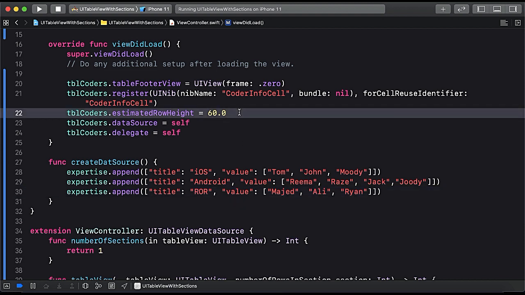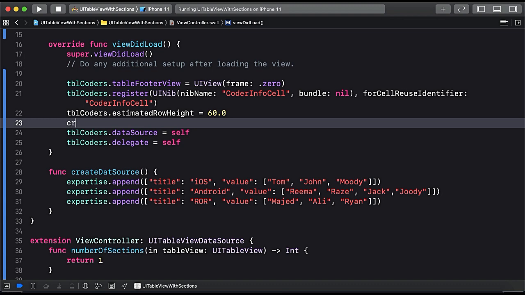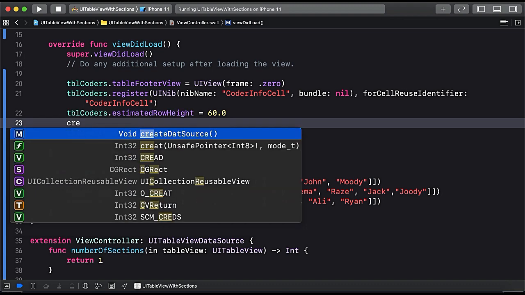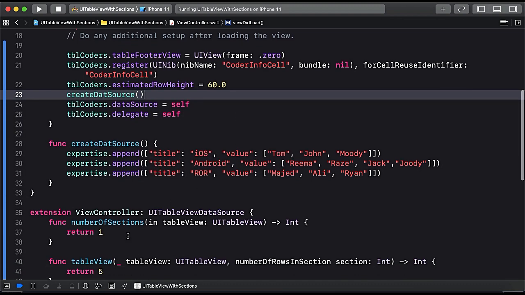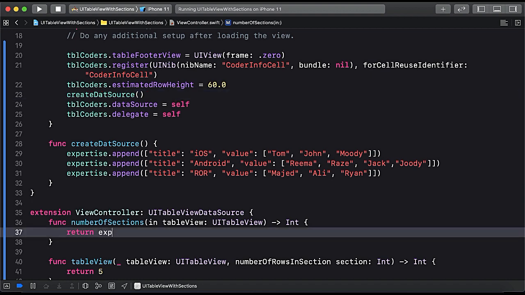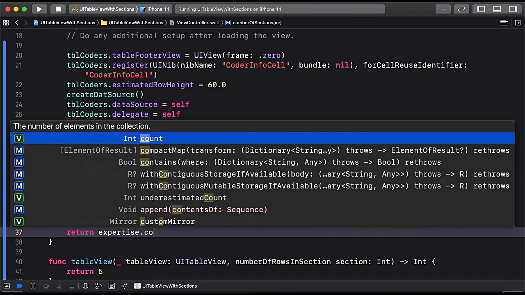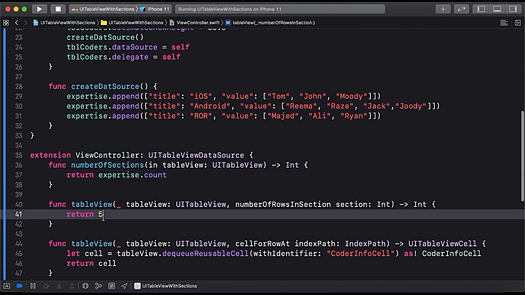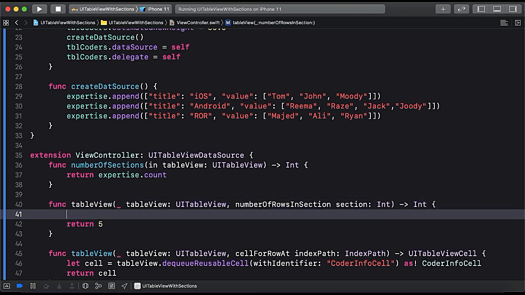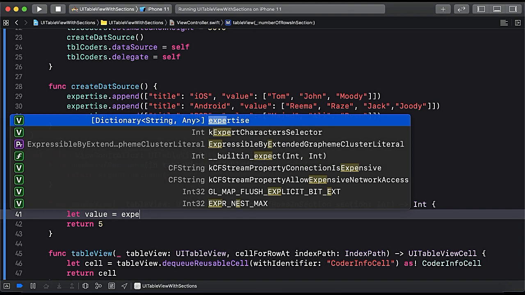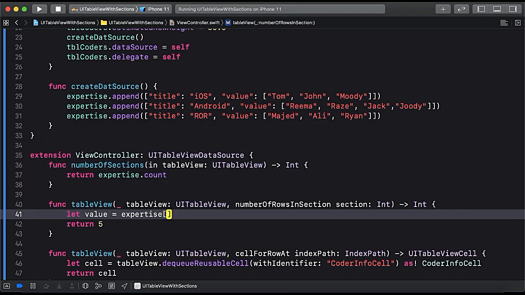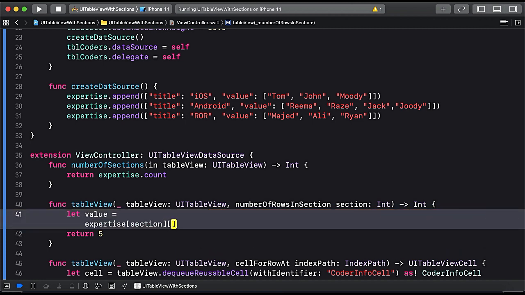Now we will create it here, and data source. So here we will say number of sections will be dependent upon expertise.count, and number of rows will depend upon the value of the dictionary. So let value is equal to expertise object at section, and since it is a dictionary, so we can do like this